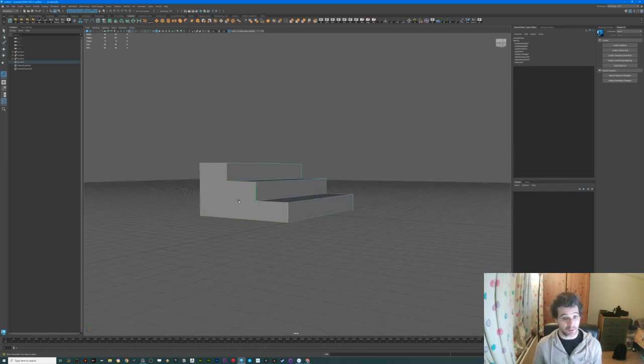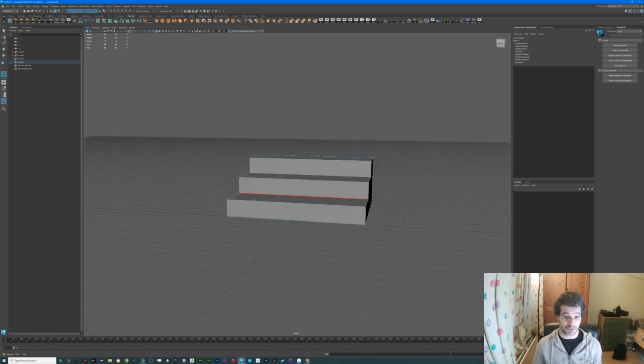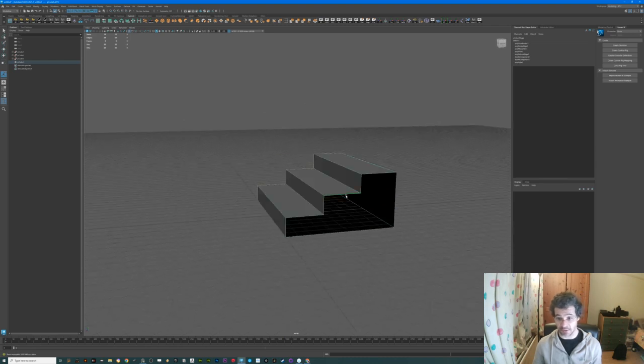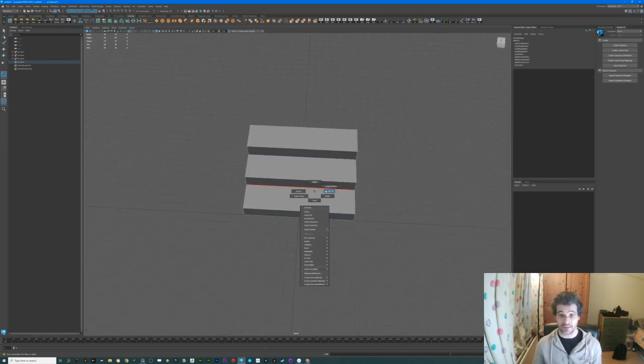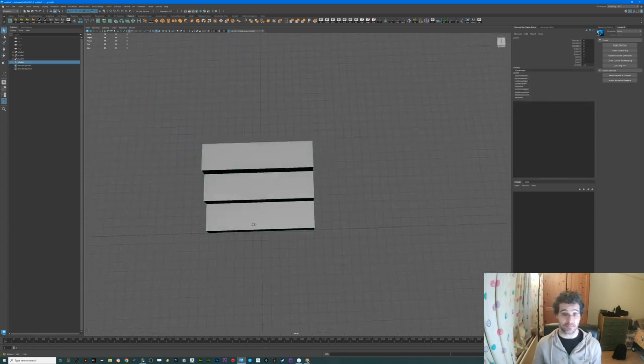Right now this is an n-gon, which I will change later, but I will still do some changes here, so I will not change this for now. I just want it closed. So I'm going to do the same here. Select the loop, shift right mouse click, fill hole. Now that I have my first sketch of a step, I want to do this